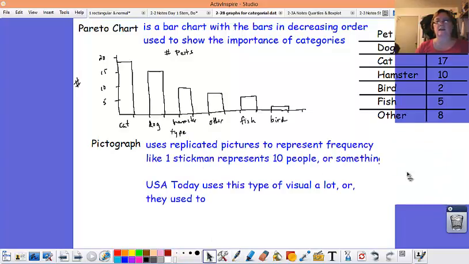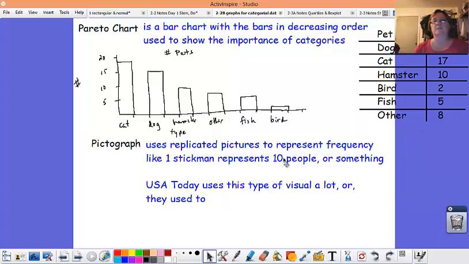Another form of bar graph you'll be familiar with. You saw these a lot when you were younger. The pictograph uses replicated pictures to represent frequencies, like one stick man represents 10 people, something like that. For our pet